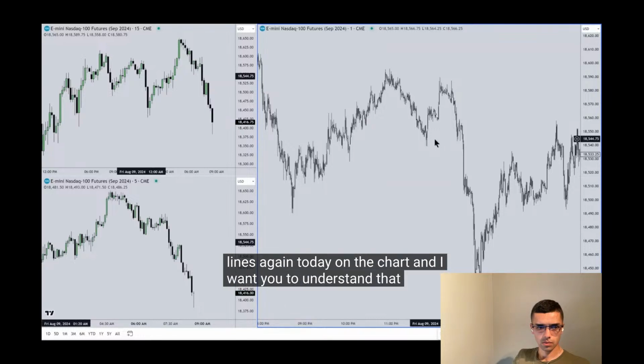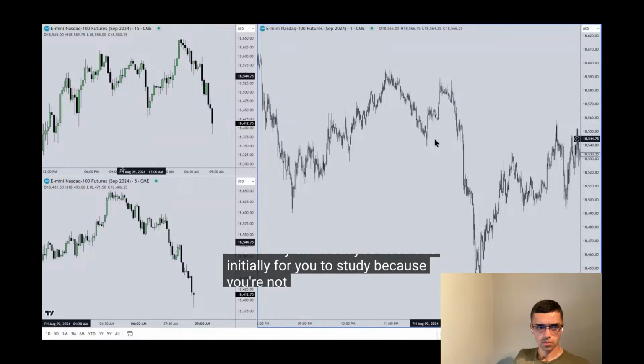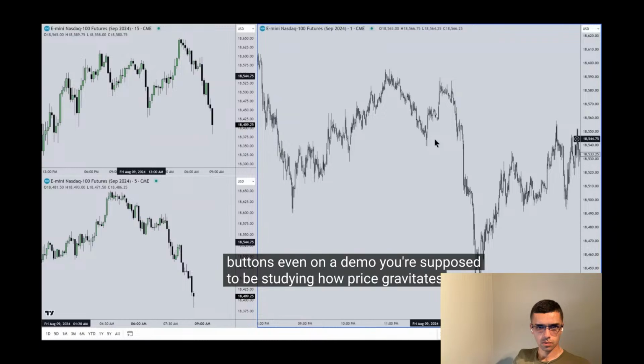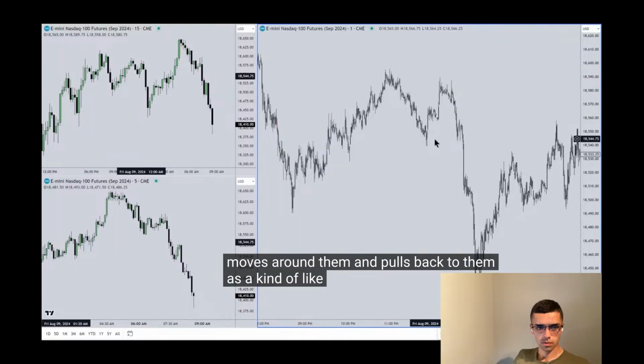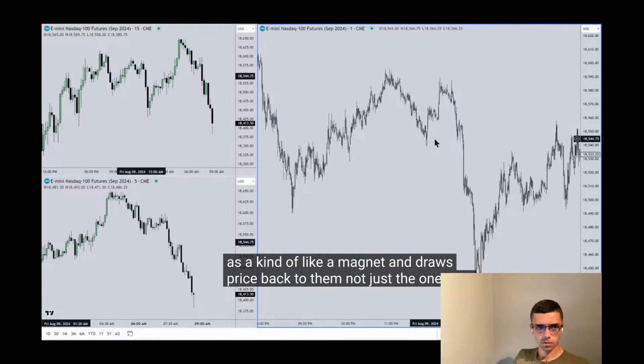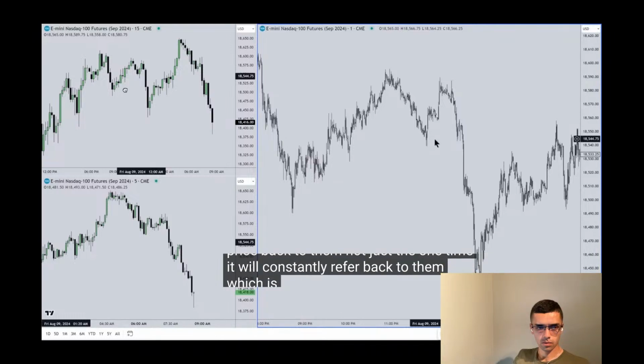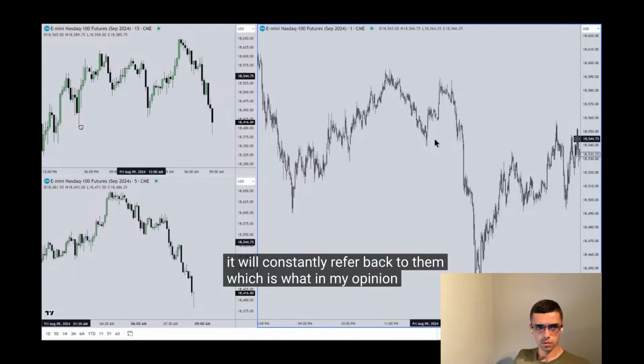And I want you to understand that I don't have this on my chart, but you need this initially for you to study, because you're not supposed to be pushing any buttons even on a demo. You're supposed to be studying how price gravitates and moves around them and pulls back to them as a kind of like a magnet, and draws price back to them, not just the one time. It will constantly refer back to them, which is what, in my opinion, proves unequivocally that there is absolutely an algorithm, and